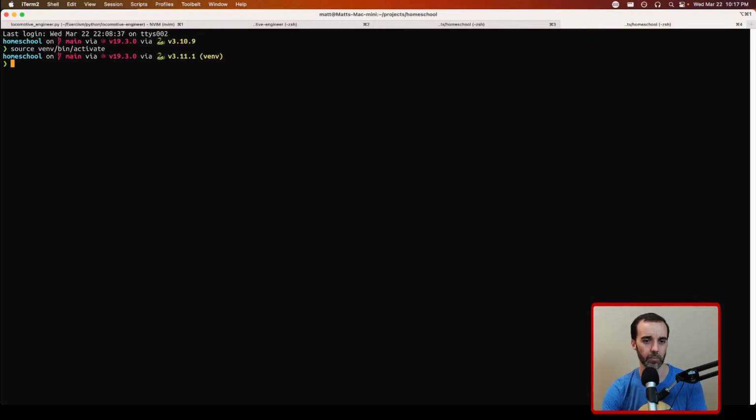Last week I also upgraded my Python version so it matches what I'm using on production. So now we're on 3.11. You can see that as I activated my virtual environment, it jumped from 3.10 to 3.11, which is also installed on my machine. So then we can open up NeoVim,